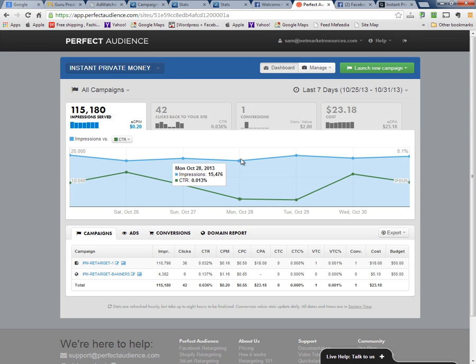So that's it. Not rocket science. Go out there, set up some retargeting. This will definitely help you increase conversions. It will also help you bring people back and engage them in your funnel. There's all types of creative things. Don't think about this as just wanting to remarket to your opt-ins. Think about people who go through your sales process. If you have upsells, downsells, or shopping cart abandonment issues, this is a great way to recapture people. If they're going through your sales funnel and then leave your page,